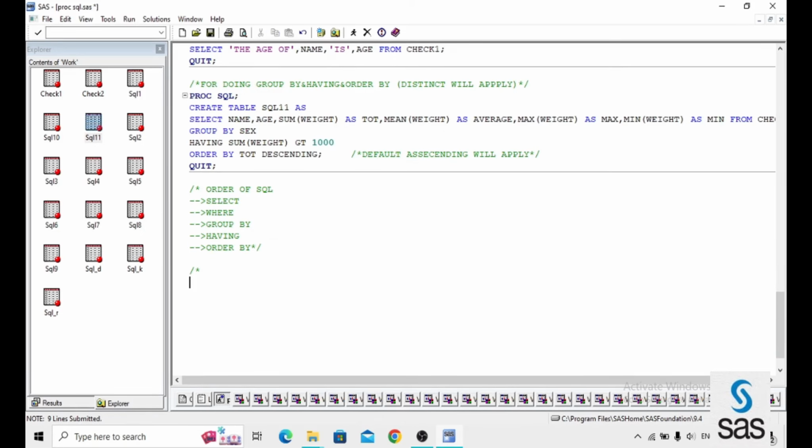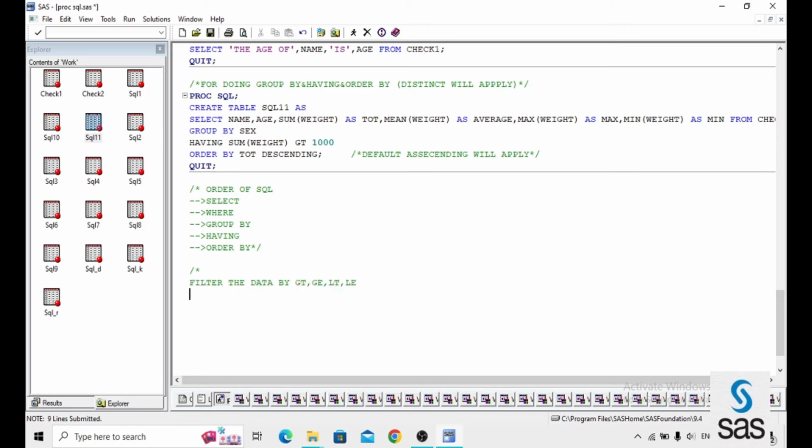We can filter the data in SQL, and already we know that for filtering data we use the if and where statements. But already we know that if cannot be used in any procedure step. That's why we filter the data by using the where statement.